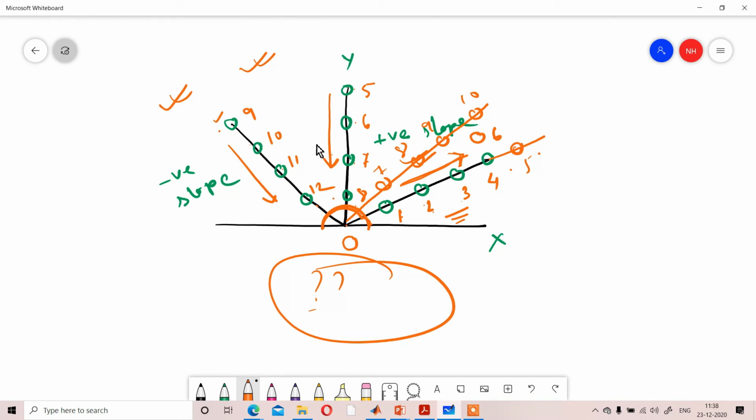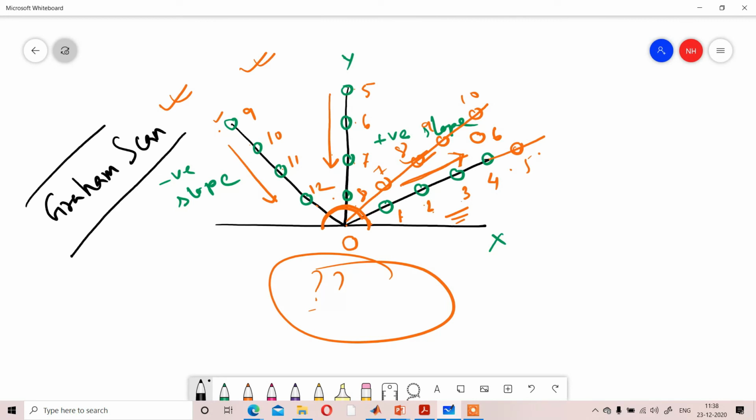Okay, so that is the theoretical process. You have to keep in mind the name of the process, I think Graham scan. That is the Graham scan process. In that process you can calculate the convex hull. What is the importance of convex hull?